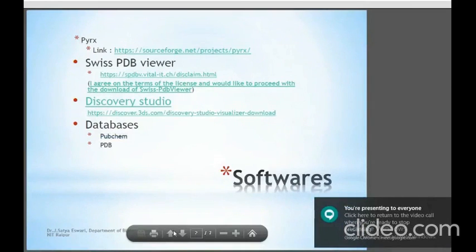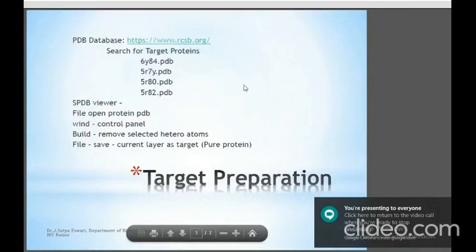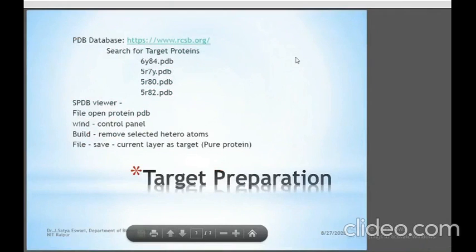Next, the PDB database. As I told already, the first protein I wanted to take is this protein. These are the COVID proteins selected from the SARS coronavirus proteins, which we selected for other studies and papers. In that, 6Y84 was taken.